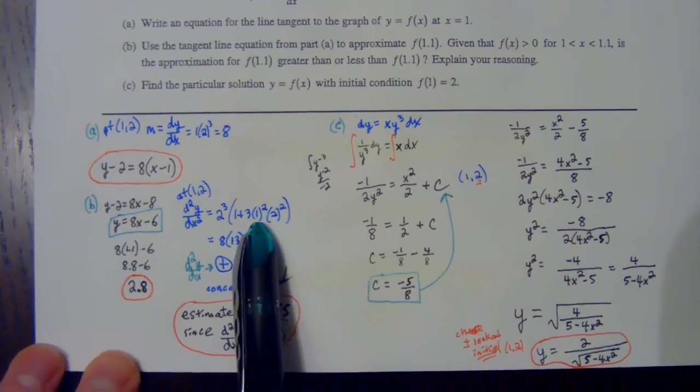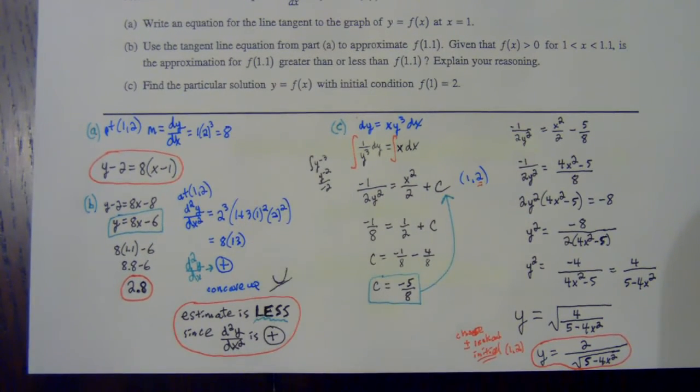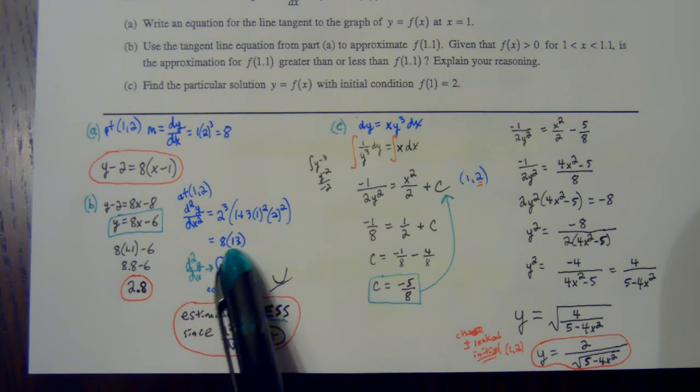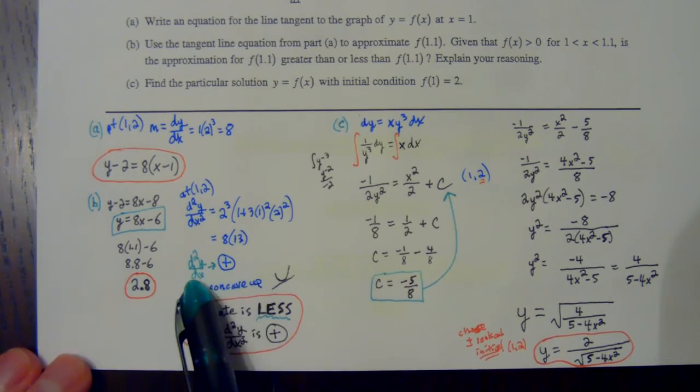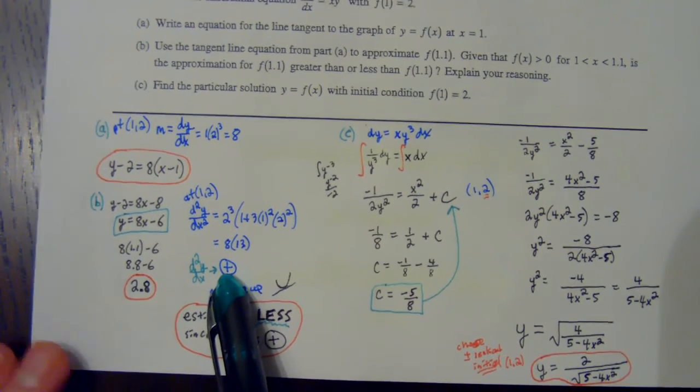Be careful with your arithmetic. It doesn't matter what the number is. You're just concerned whether it's a positive number or a negative number. So I got 8 times 13. Yeah, I could have multiplied it out, but it was a no calculator part there. I didn't care about it. I just knew that was going to be a positive number. And so the reason the estimate is less, all right, if your second derivative is positive, that means your original